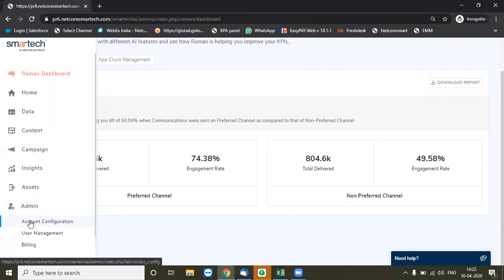I would have some detailed sessions regarding the product, regarding the execution part, or some basic tips that you can use. As of now, I think this session gives you a good overview of the platform, how it is, what is the capability of the platform, and how you can leverage it with your business use case.